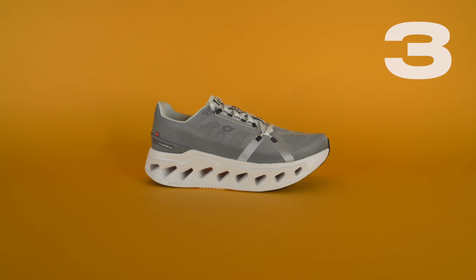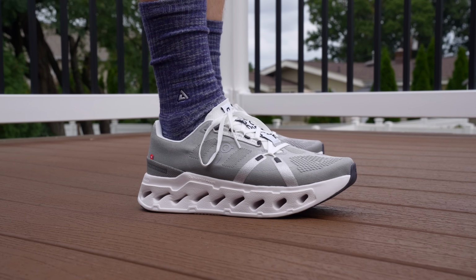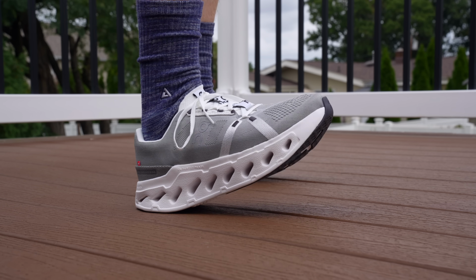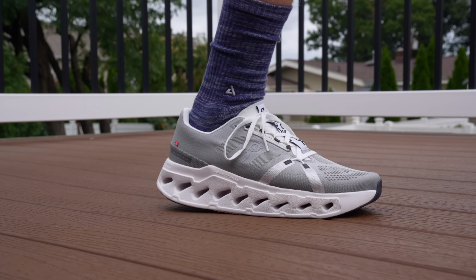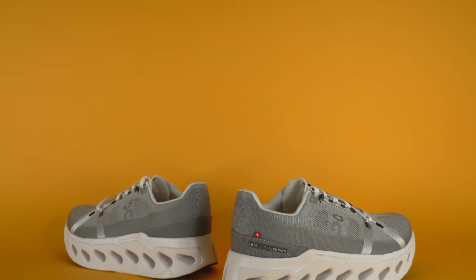I love the CloudSurfer. It's a great everyday running shoe. Number 3, the On Cloudeclipse. This is On's softest, most max cushion sneaker that they make. This shoe is ridiculously soft underfoot. It's also one of their newer models that was introduced over the last year or so, and it looks pretty